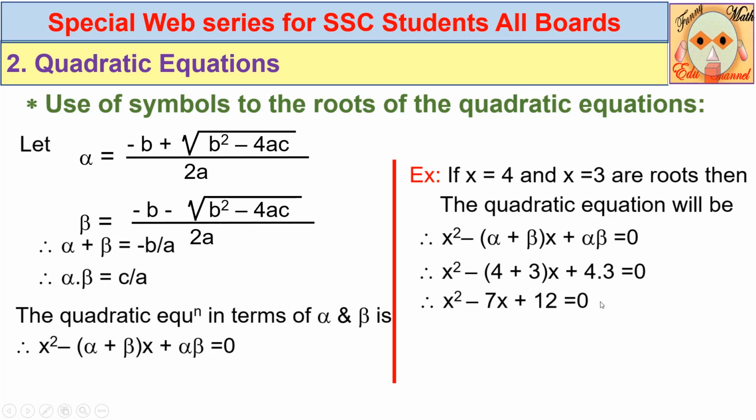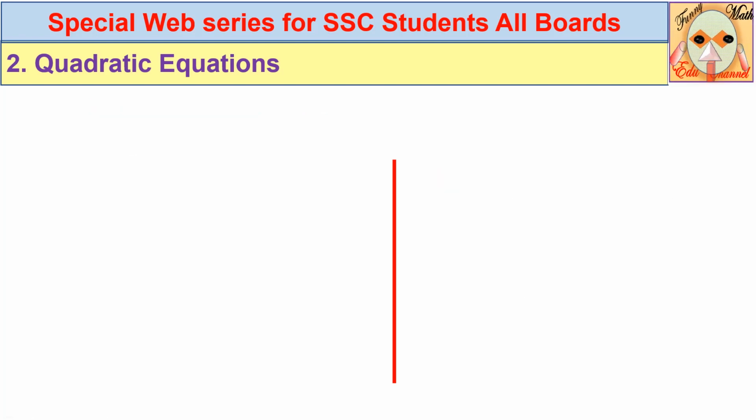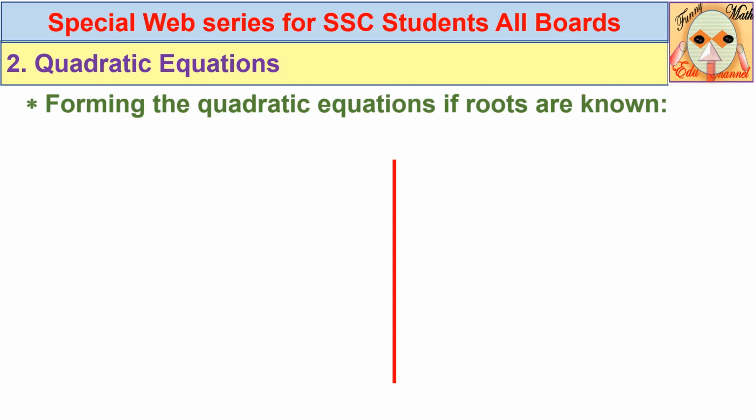So when you have this quadratic equation and the question is to solve it using the factorization method, you will have the answer x is equal to 4 and x is equal to 3. Are you getting what I say? If we factorize this one, you have roots x is equal to 4 and x is equal to 3, because these are the reverse steps of the factorization method. Now we are going to form the quadratic equation when roots are given.